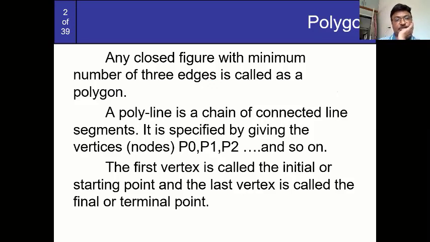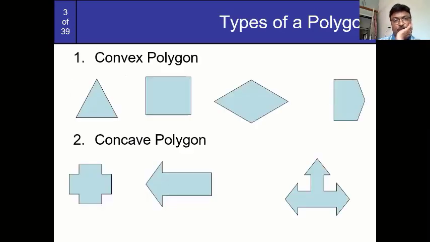Now proceed for the next one. How are you going to check the convex polygon and the concave polygon? These are the two types of polygon: one is convex and another one is concave. For the convex polygon check, suppose I have considered any 2 points, this is my first point and this is my second point. Both points are inside the polygon, and then I join a complete line. If this entire line is inside the polygon, then this polygon becomes a convex polygon. And how can I identify the concave polygon?